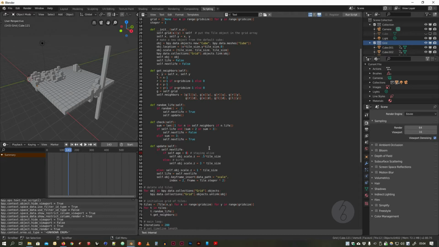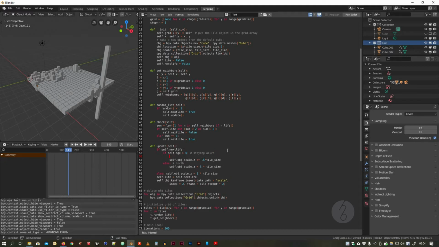That means it's alive. And it ages, right? So if self.age is larger than 0, it probably already is alive. So it is alive, and it is staying alive. So its age increases by 1, and its scale,